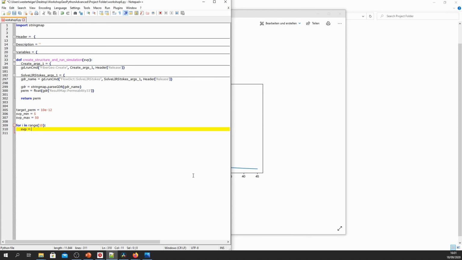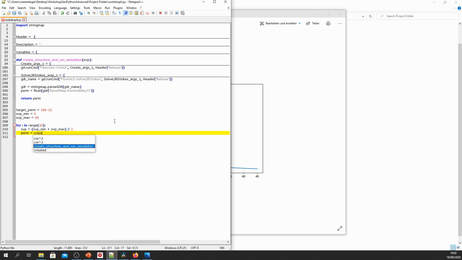So SVP equals (SVP min plus SVP max) divided by 2. And this is basically the midpoint of the interval that we are considering right now, the interval from SVP min to SVP max. We take the midpoint of that, and then we compute again the permeability for that SVP value. So perm equals create structure and run simulation of that SVP value.